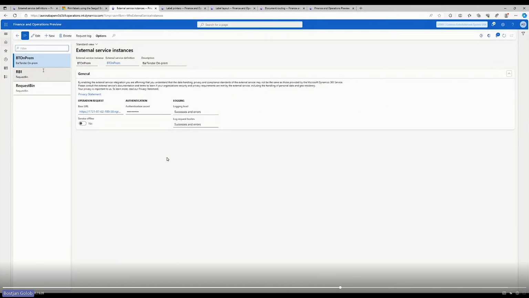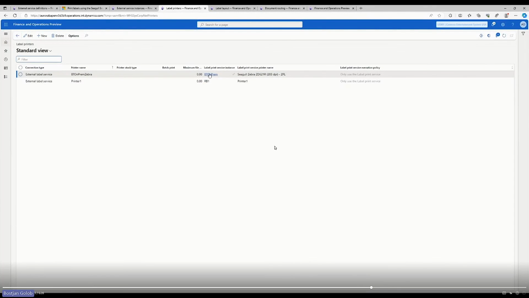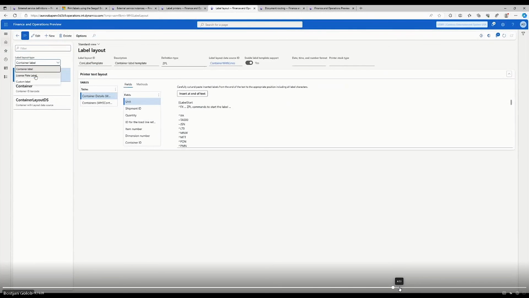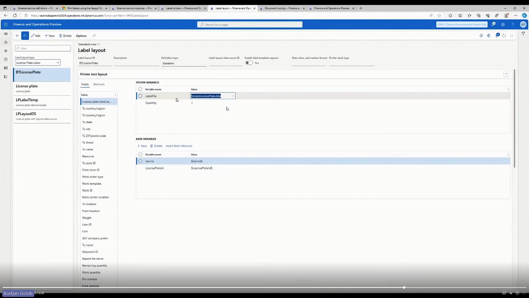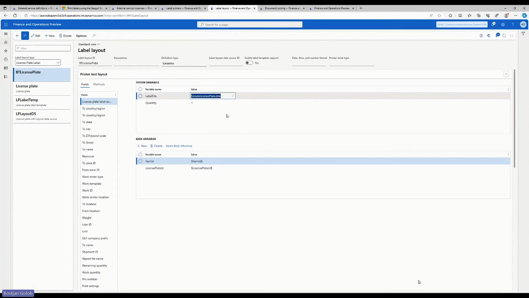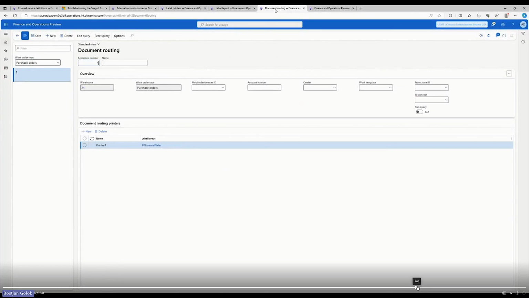So going forward, I created an external service instance with this ngrok's URL and the authentication secret that I mentioned before. Again, I created a label printer with this name corresponding to the name of the printer that is on the server. And then we have a label layout with this simple license plate BTW name, and the item ID and license plate ID variable names corresponding to the named data sources. Finally, documents routing like before,